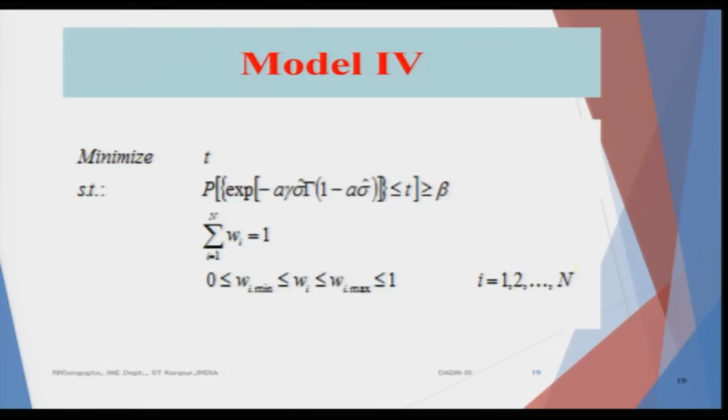Now, this problem formulation has something to do with robust optimization, but the concept which I have written there on the slide has something to do with the safety first principle, which we considered in the utility concept. So, in the safety first principle, there were 3 rules. One of the rules can be utilized here, where we want to minimize some value of t. So, t is some fixed value, and for our case we will consider that it can be changed.